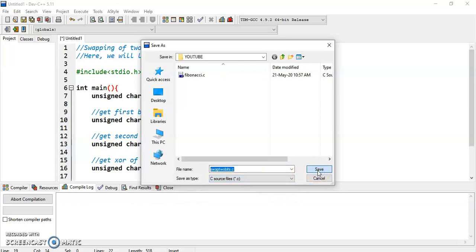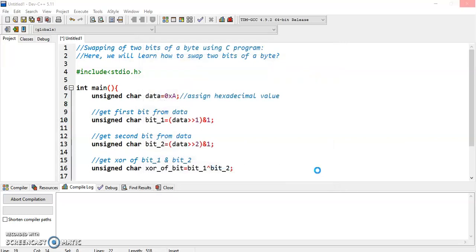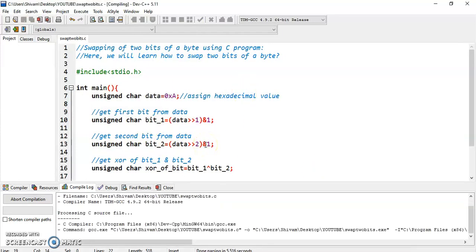Now we save the result. It takes some compilation time here.